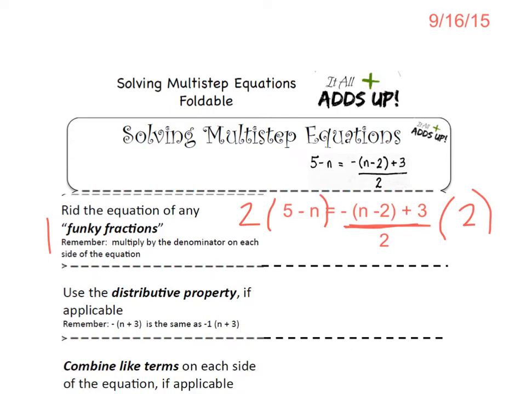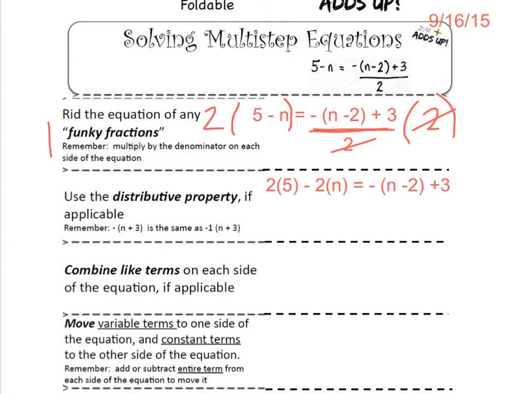Okay, so now that I've put multiply by 2 on each side, I'm going to cross simplify these or cancel these out, because divide by 2, multiply 2, those cancel each other out. And then over here, I'm going to need to distribute this 2 times that 5, and then distribute this 2 times that n. Okay, so I have 2 times 5 minus 2 times n. So 2 times 5, that's going to give us 10. Okay, minus, and then 2 times n is just 2n. Okay, and that's going to equal